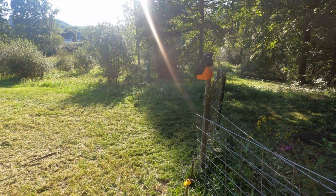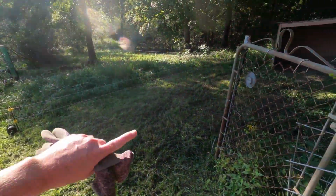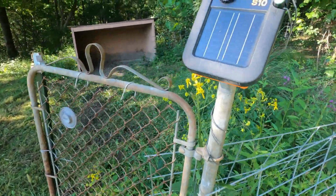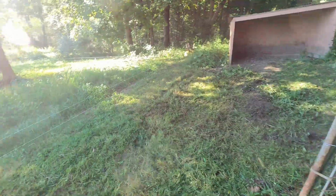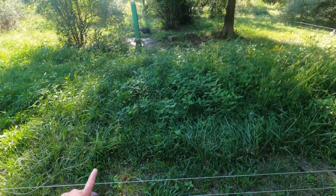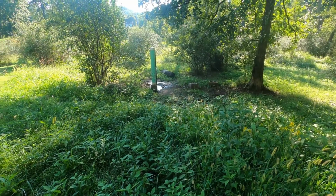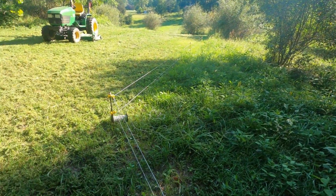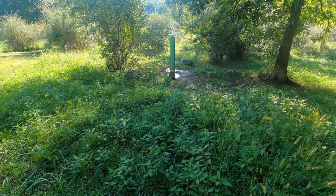The really neat thing about this method of fencing, which is the 2-wire and electric, and starting them in the training pen, is that even when we turn off the charge, it's still a psychological barrier. So like Gramps down there, he won't test it. He's not even trying, because they still see the 2 strands of wire and they don't go near it, which